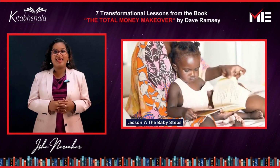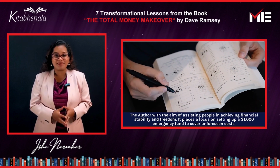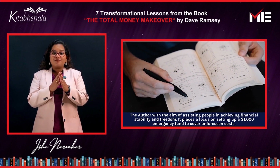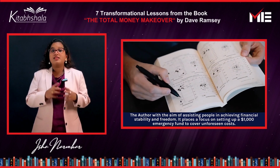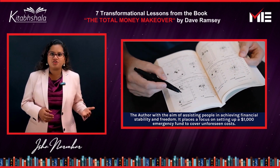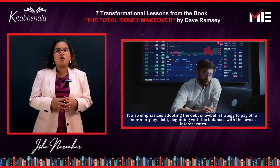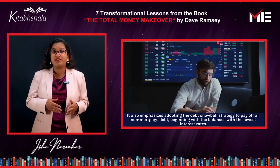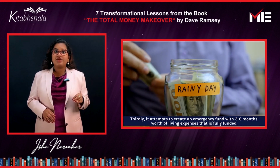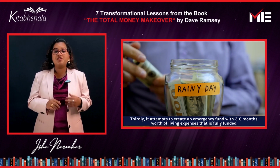Lesson number 7. The baby steps. The author, with the aim of assisting people in achieving financial stability and freedom, places a focus on setting up a $1,000 emergency fund to cover unforeseen costs. It also emphasizes adopting the debt snowball strategy to pay off all non-mortgage debt, beginning with the balances with the lowest interest. Thirdly, it attempts to create an emergency fund with 3 to 6 months worth of living expenses that